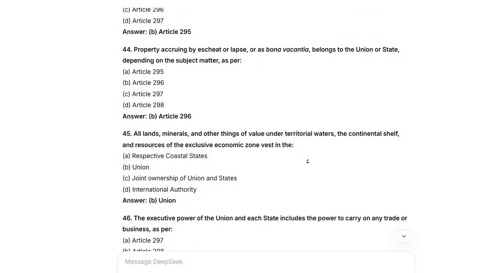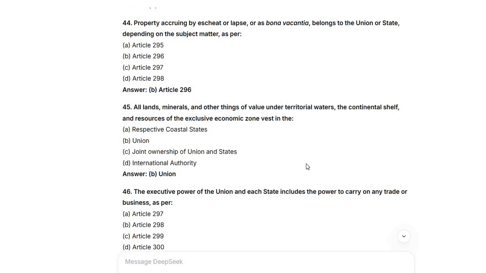46. The executive power of the Union in each state includes the power to carry on any trade or business as per